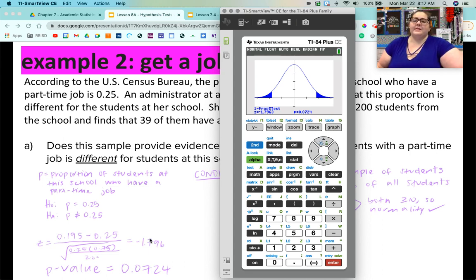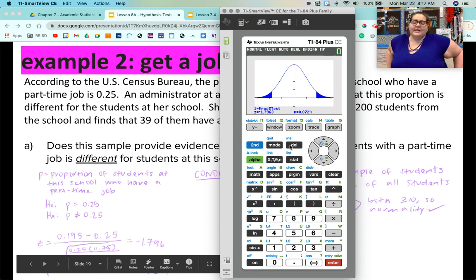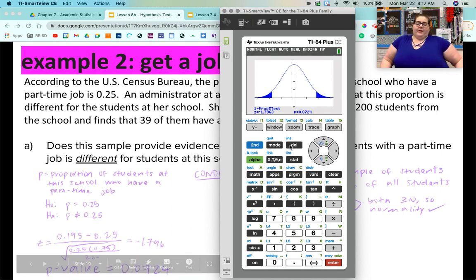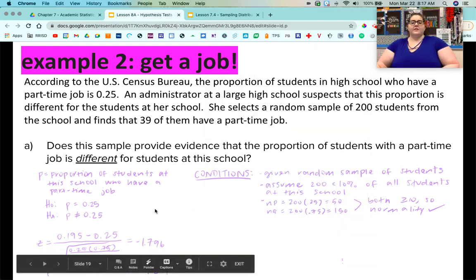So if I were to look up negative 1.8 on my z-table, I would get a smaller p-value, like 0.03 something, and then I would have to double it to get the total p-value. Again, the calculator does all of that for us very nicely. If we use that one prop z-test function and put in all the right information, your calculator knows how to get to that number. But just in case you're curious, that's what's happening behind the scenes in a not equal to hypothesis. And we, again, call this a two-sided or non-directional hypothesis. So that is our p-value,